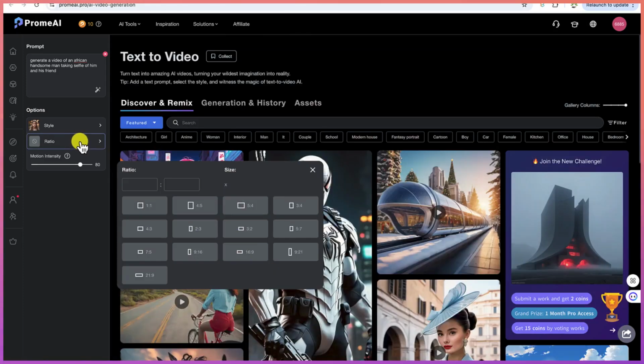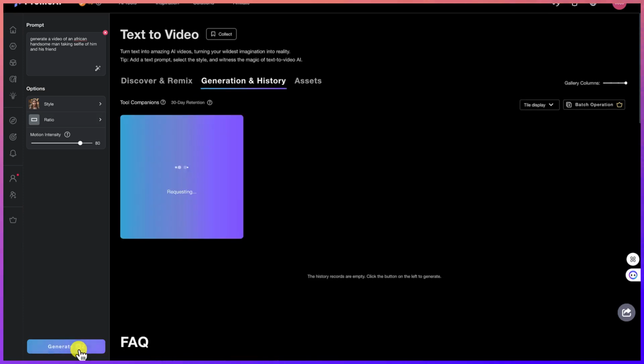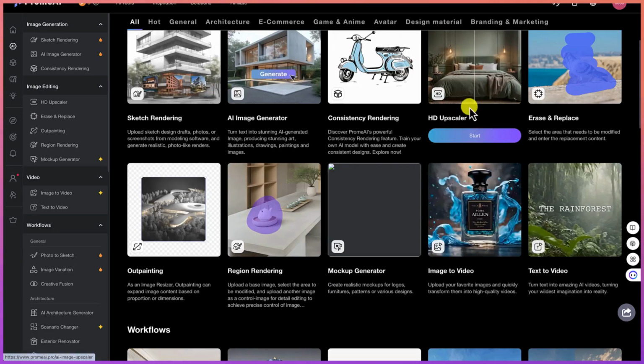I can check the aspect ratio from here. You can define a custom aspect ratio, or you can go with the default ones, 1:1. For this, I'm going to go with 16:9, and then you can change the motion intensity if you are interested. But at this point, I'd like to keep everything at default, and I can just go ahead and say generate my video, and let's give it some seconds and see the wonders it's going to create in terms of the video generation. Now, while we wait for it to create the video, let me show you another feature,